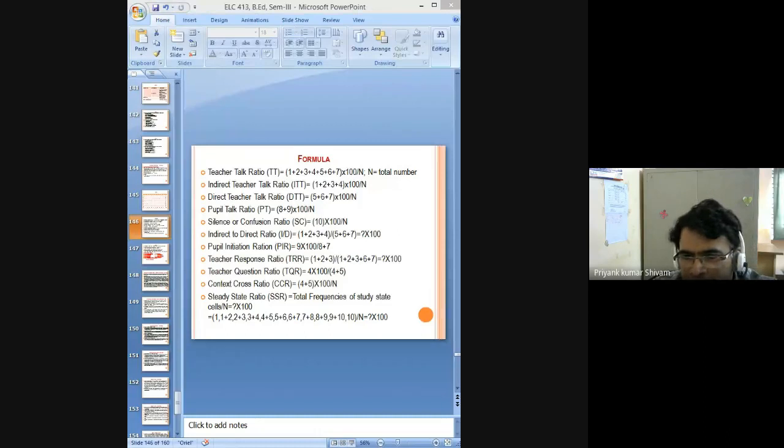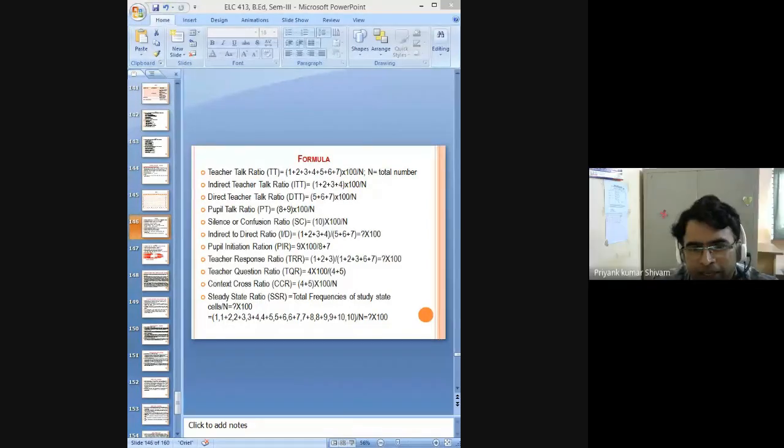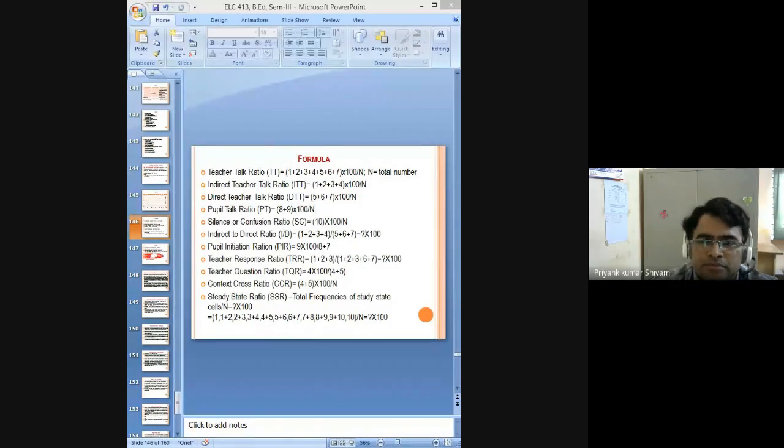Then another question came about SSR. You have to find out SSR. Now see here, all are 0. So 0 by 15 into 100. What will be the answer? You have to find out. So 0 by 15 into 100. Sir, here the answer is 0 now. Is that infinite, na? Why will you keep the 0? 0 divided by some number, na? That is a relative 0, you may say that, but that is not a value, it is a 0.